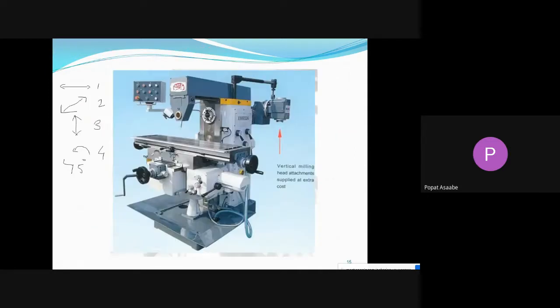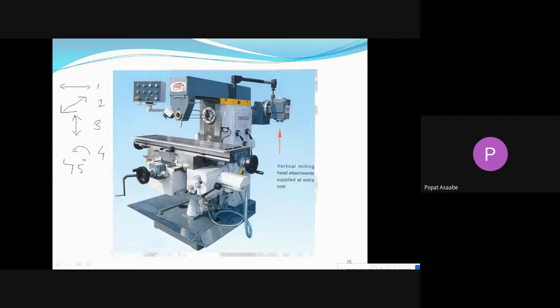Okay, now see, this is the real picture of the universal milling machine. The other parts are the same. Again, there is one base, and at one end of the base one vertical column is mounted. Inside that vertical column are all the driving mechanisms required to rotate the spindle. This is the hollow spindle. And this is the arbor support, the overhanging column, and in that arbor support we can easily mount one arbor.